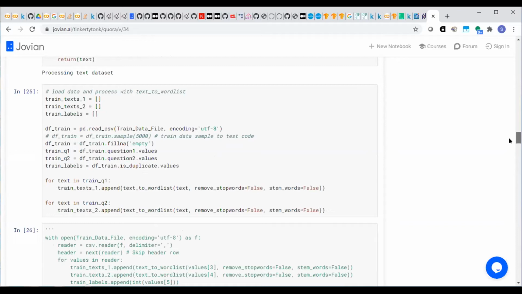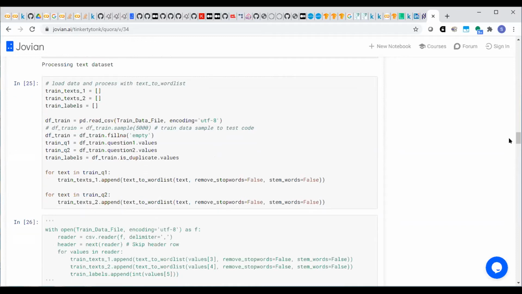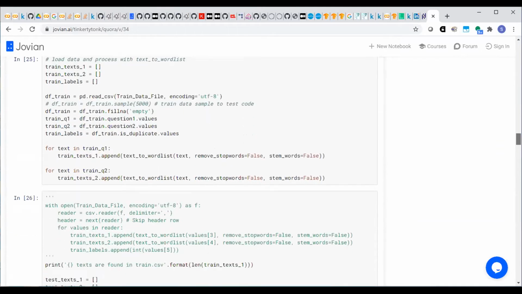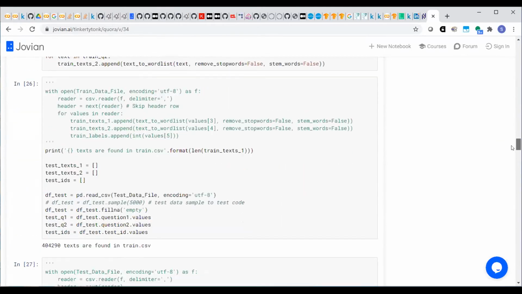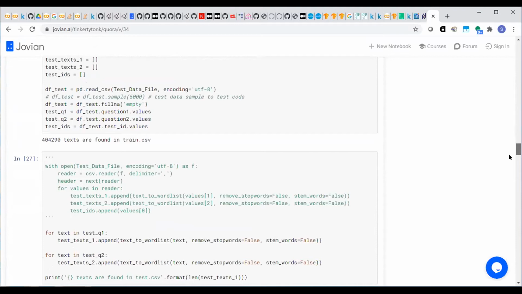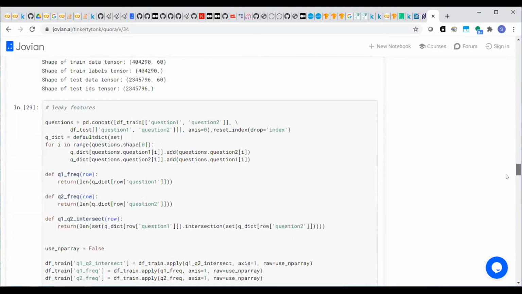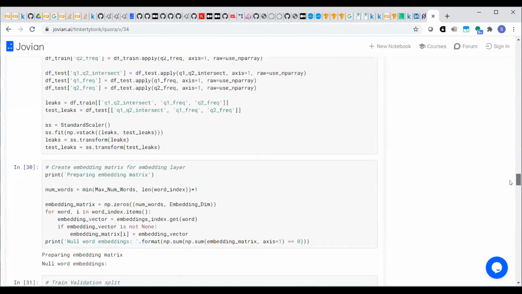So question one is only question one, question two is only question two. Oh, so in a dict itself, there is a question one, question two, which is appended when we apply it to the DF. Yeah, we apply it to the DF train. Interesting. Okay. Any more? Yeah, and I was saying, once we have done these 3 extra columns,